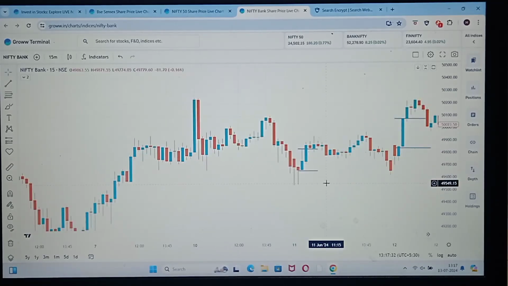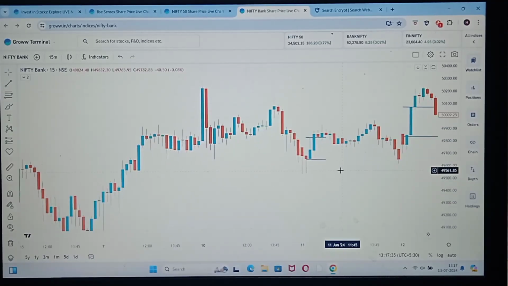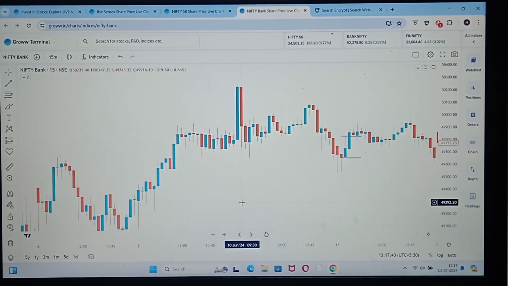You can easily book 10 points. As a beginner you can easily book 5 points. Now don't say you cannot book 5 points out of 40 points. So you have to learn scalping. I'll make you learn in the live market. I'll make a full detailed tutorial also